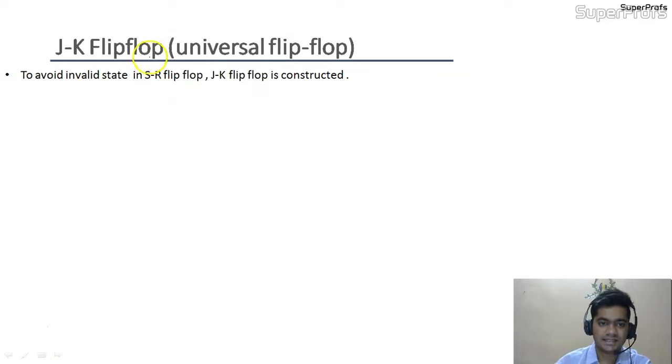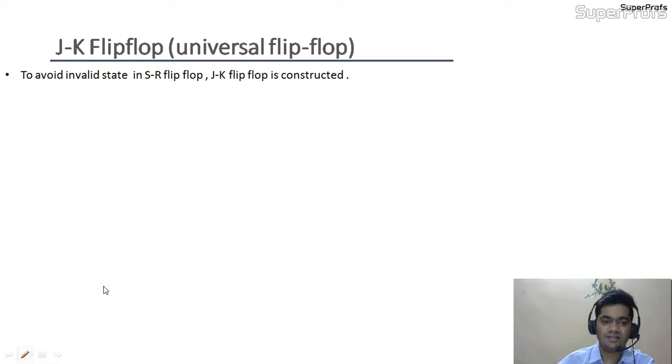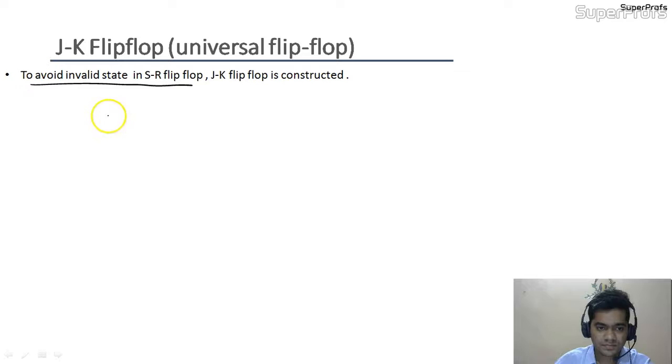So let us discuss JK flip-flop. JK flip-flop is known as universal flip-flop because using the JK flip-flop we can construct every flip-flop, that is SR flip-flop also, and we can construct the next two flip-flops, that is D and T flip-flop. So what is the change in the circuit that we have done in our JK flip-flop to avoid the invalid state in SR flip-flop? See, suppose we are making